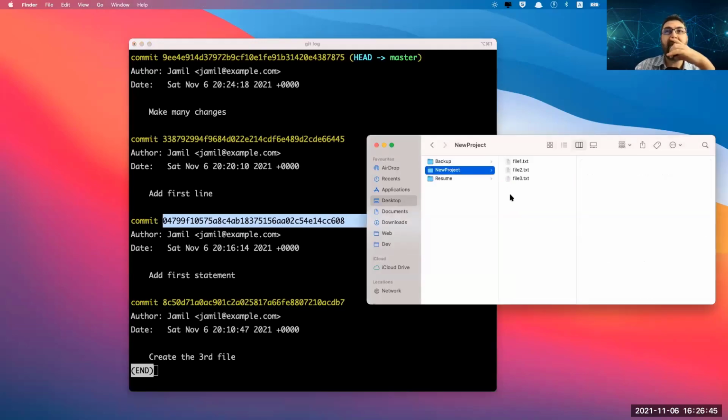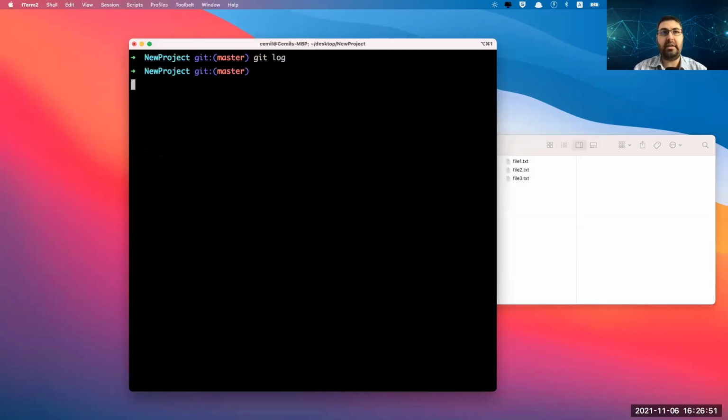For example, let me create a new file here, a new branch. So let's create the file with touch file4.txt. And now I'm creating this file 4. But now let's check out